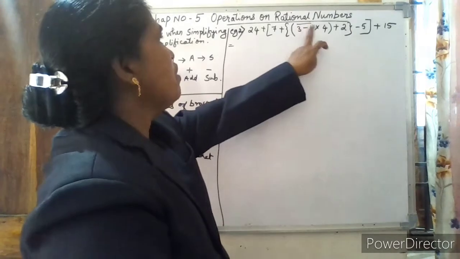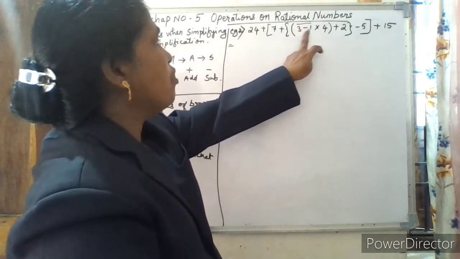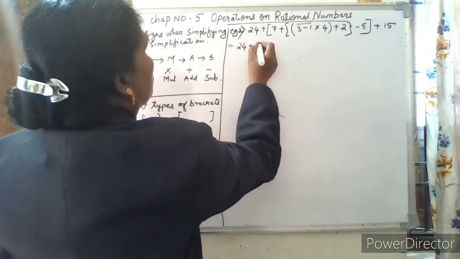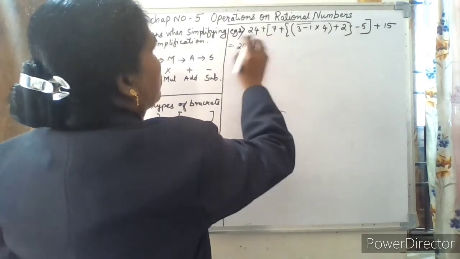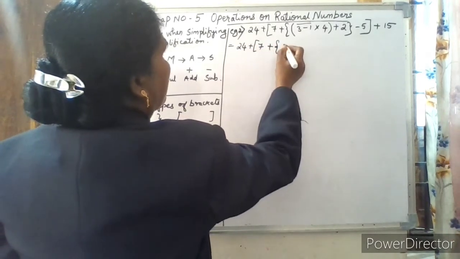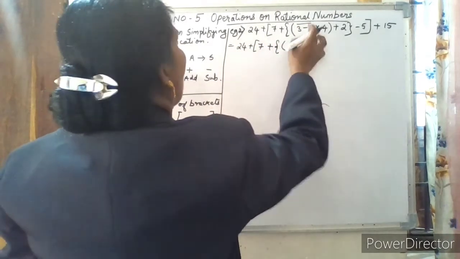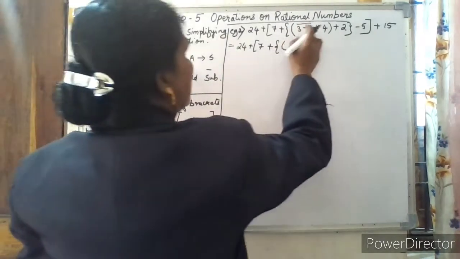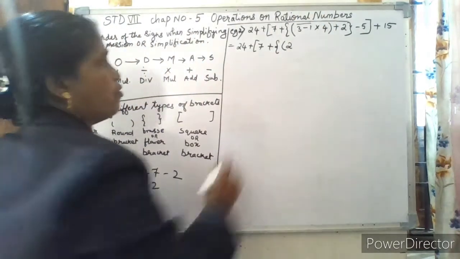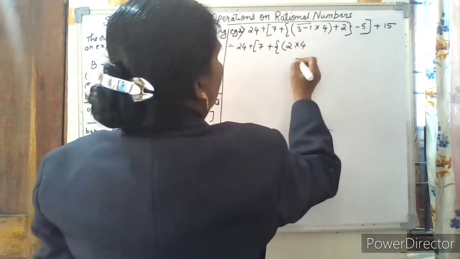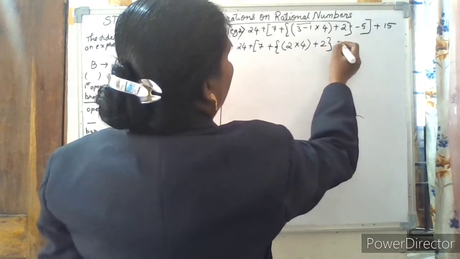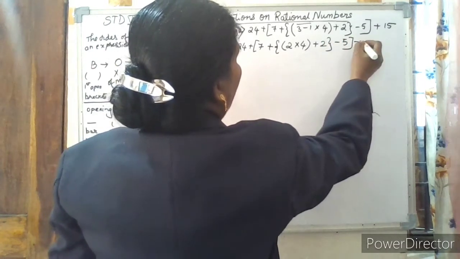To remove the bar bracket, whatever is given under the bar bracket, you have to simplify it. So this is equal to 24 plus the remaining part as it is. So 24 plus open box bracket, 7 plus open brace bracket, round bracket is open. Now solve this bar bracket. So what is given? 3 minus 1 is 2. So when we solve it, the bracket can be removed. Then write the rest as it is. Into 4, close the round bracket, plus 2, close the brace bracket, minus 5, close the square bracket, plus 15.